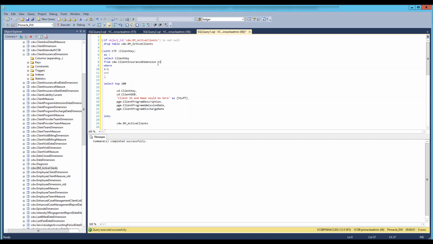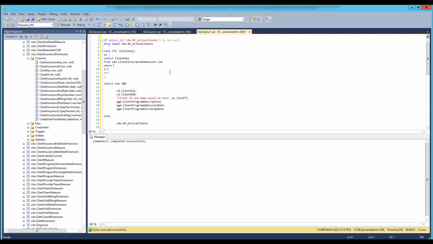I'm going to give that an alias as well, CID, and then we can reference that down here. So CID dot, that is called client. Whoops, put that in the wrong spot. Cut that out. Down here at our and, where client insurance start date is less than or equal to today,